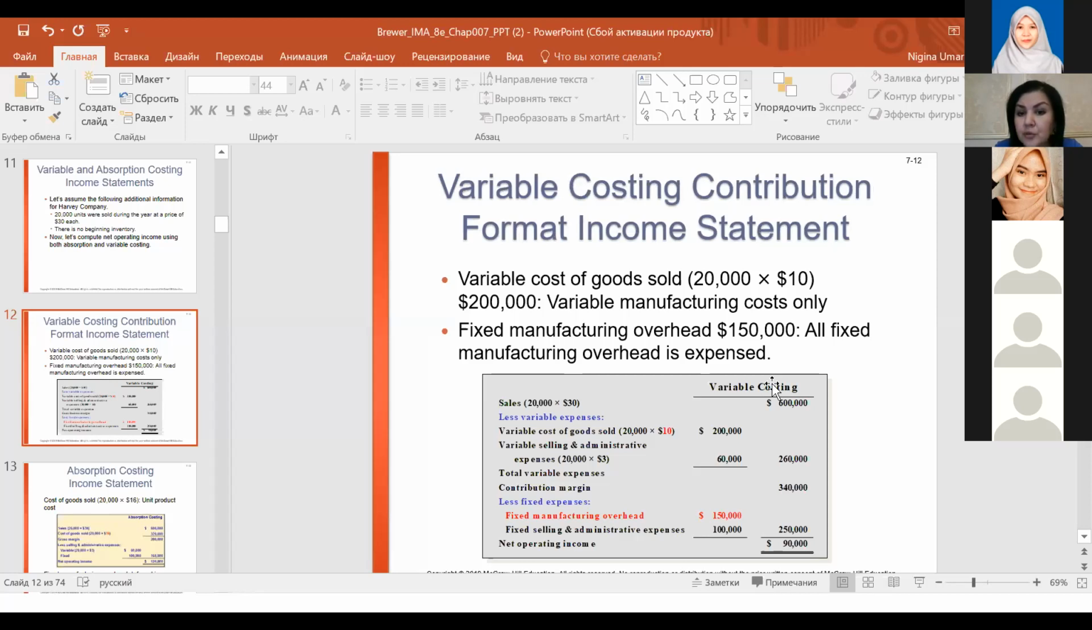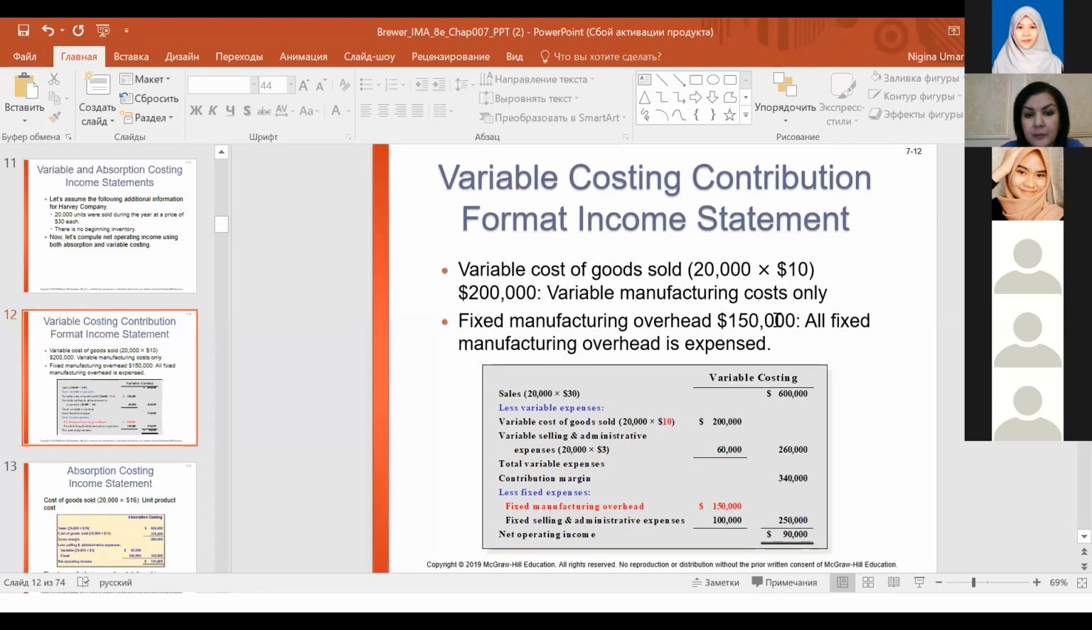Sales revenue, first of all. The company sold 20,000 units at the price of $30 each. If we multiply 20,000 units by $30, we receive sales revenue. It is the revenue of the company, $600,000. Now let's subtract